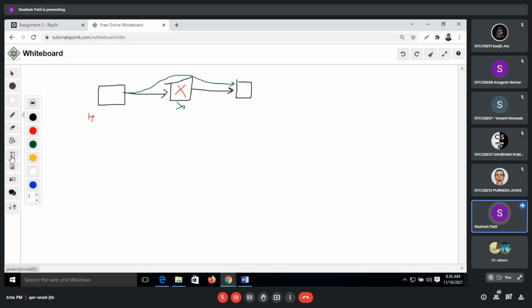In code, suppose there are 10 elements and we have to search for some element. What I will do is make temp equal to head.